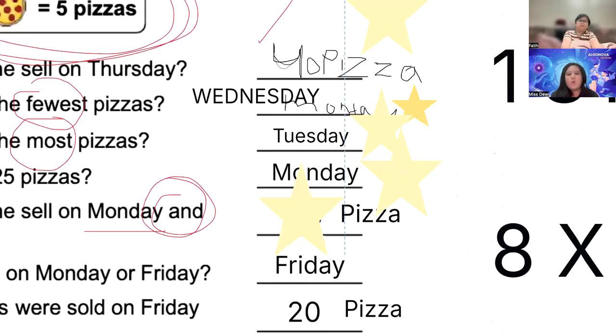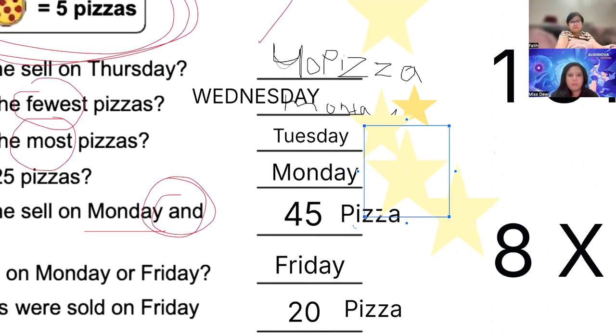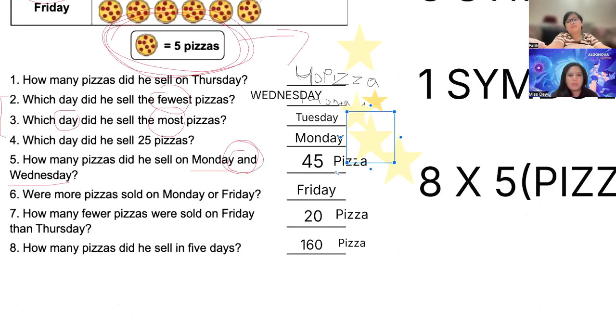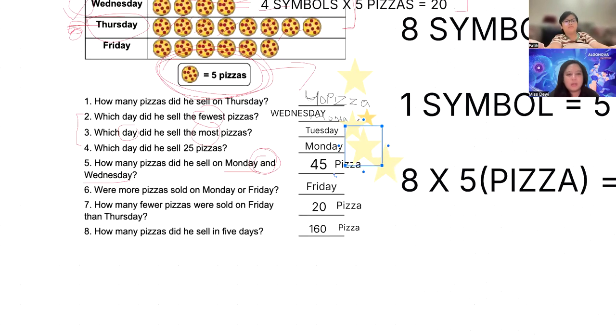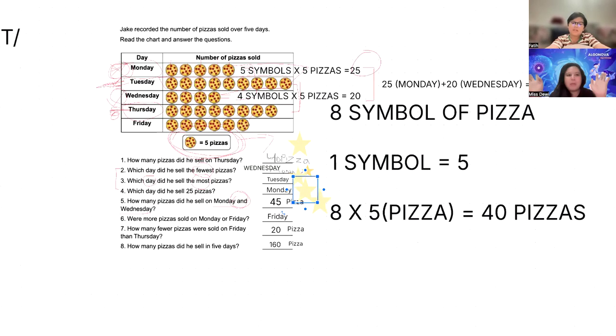Okay, you got 1, 2, 3, 4 big stars and 1 small star. No problem. We can fix it for the rest of the questions. Next, number 6. Were more pizzas sold on Monday or Friday? Okay, this one, they are asking about your opinion, but they give you options. Monday or Friday, which sold more pizza. Then you only need to compare which days, Fatih? This is comparison, yeah? Monday and Friday. That's right. So you just skip the other days.